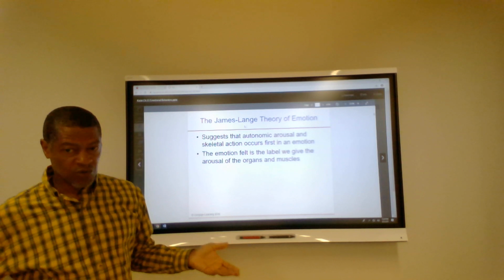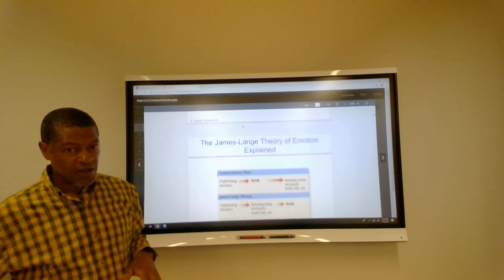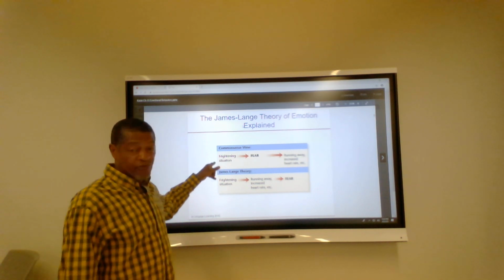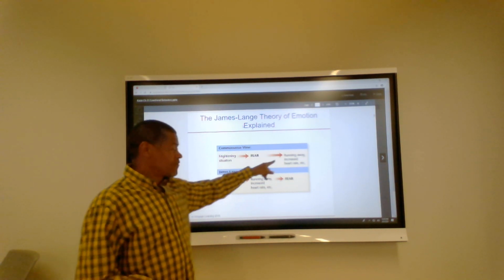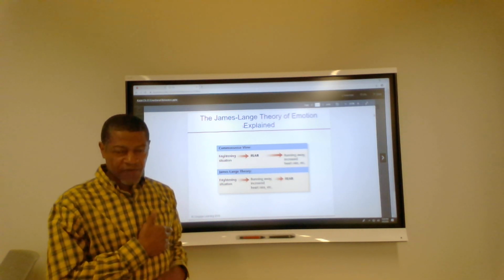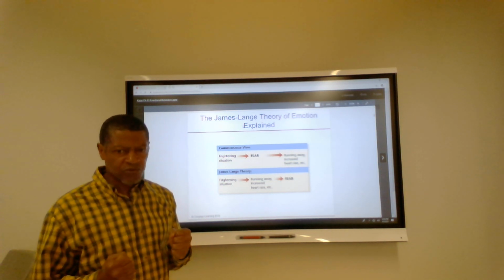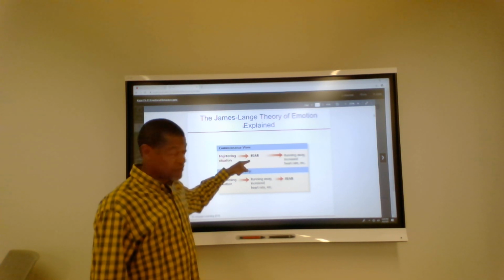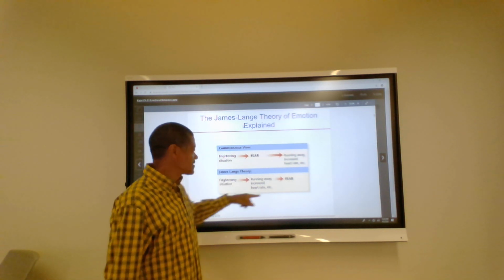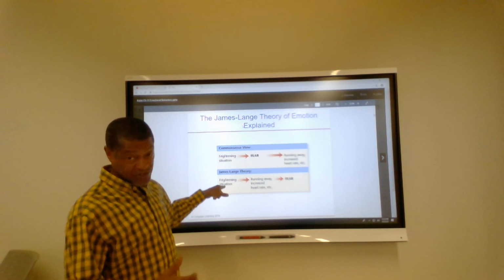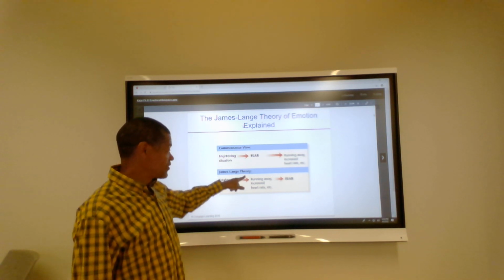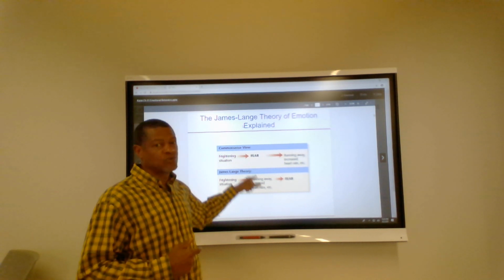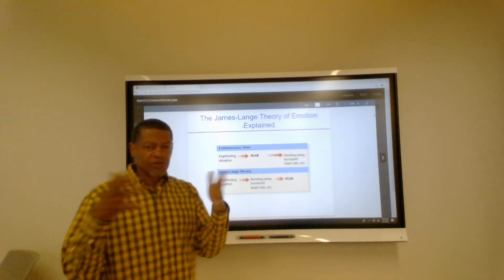As the book gives you a little breakdown, there's the James-Lange theory, and then the common sense theory. Pretty much you see a frightening situation, you're fearful of it, therefore now you either start running away, your heart beats faster, or blood goes to your muscles. So just common sense: see the frightening situation, associate it with fear, and now you have a physiological response. Versus the other theory we just talked about: you have a frightening situation, now you already have a physiological response, something's going on in your body, but then you associate it with fear. So two ways of looking at it.